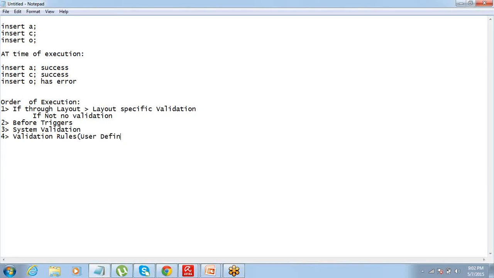User defined. Then data is saved but not committed.